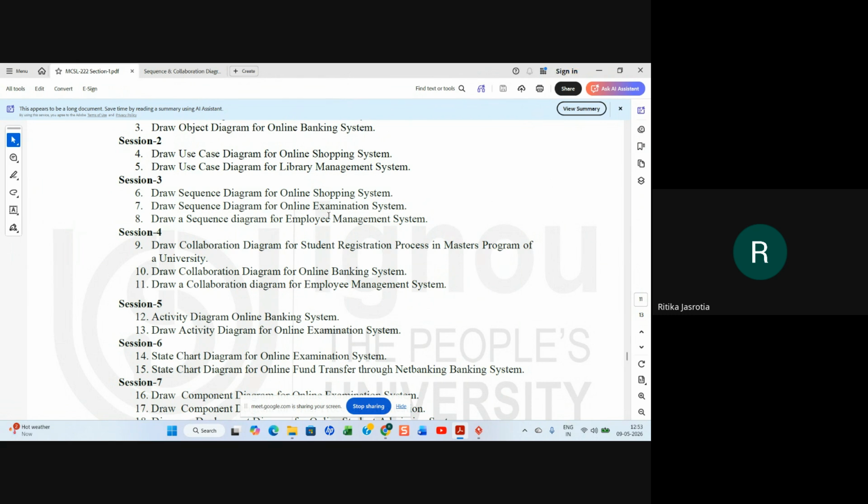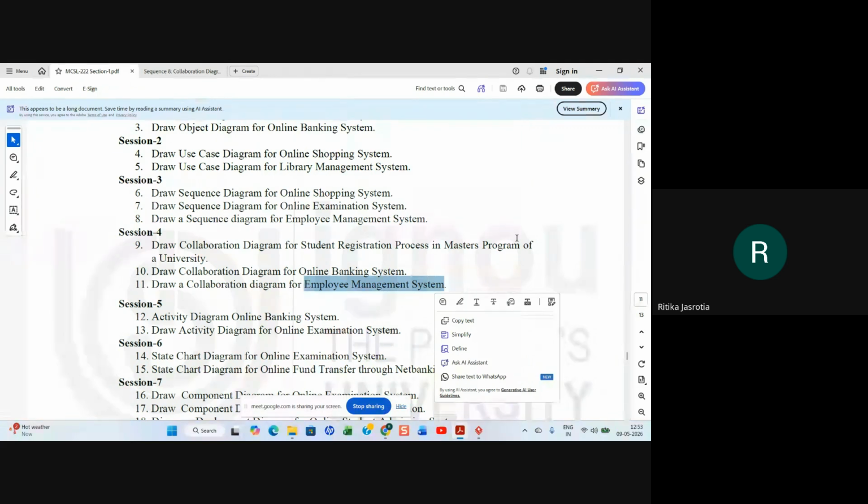Now see, the sequence diagram for the employee management system and the collaboration diagram for the employee management system. The same thing you are explaining here can be explained here also. If you are talking about attendance and salary in the employee management system, it's the same. You can show the employee, the employee management system and the database.